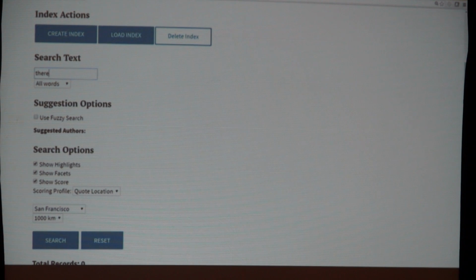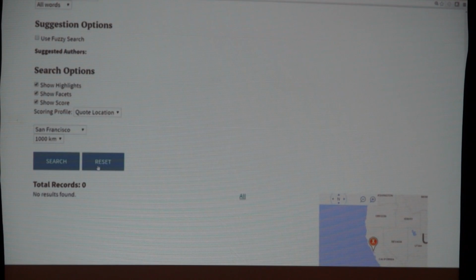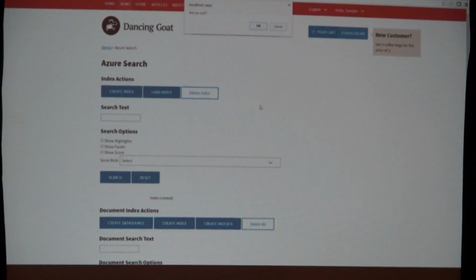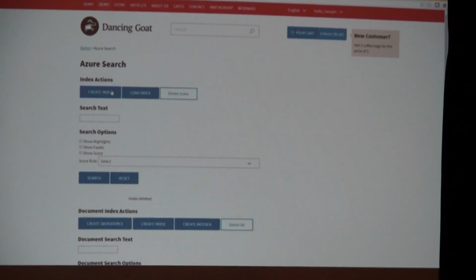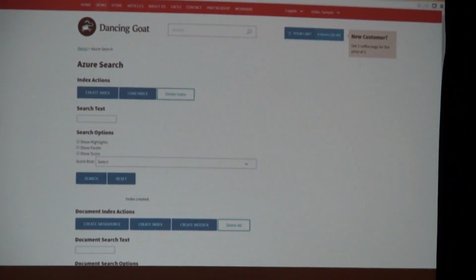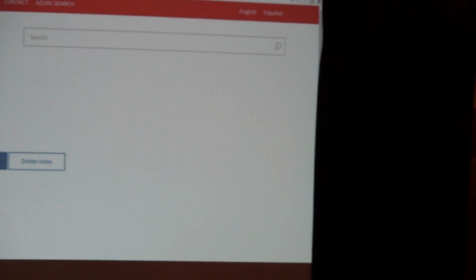Maybe I didn't load it. I thought I just loaded it. OK. All right, stand by. When in doubt, redo everything. OK. Let me delete it. Let me create it. Let me load it. And then